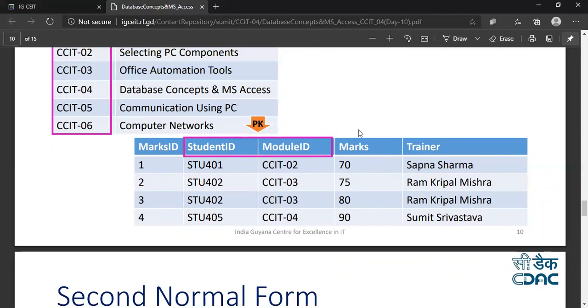I can see module name, I can see marks with the help of this primary key. Then what about the trainer? Trainer is not dependent on this particular primary key, right? You cannot say trainer is dependent on this particular primary key fully.